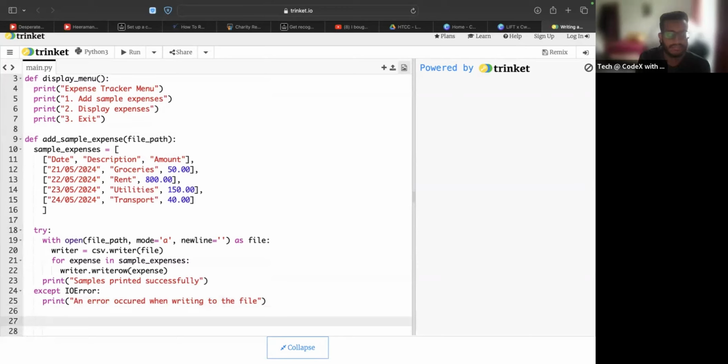Okay, so the next bit we're going to be doing is the displaying. We want to display the expenses. So after I've had a look at Ingrid's code, I'm going to